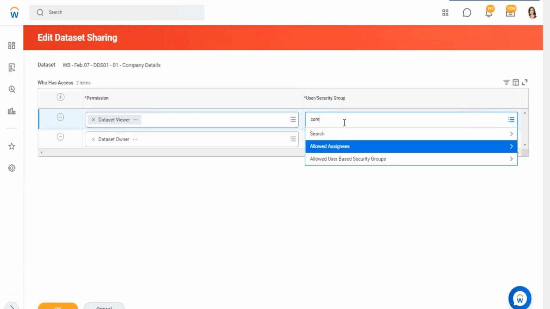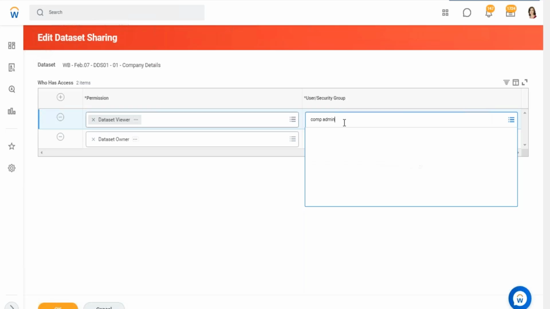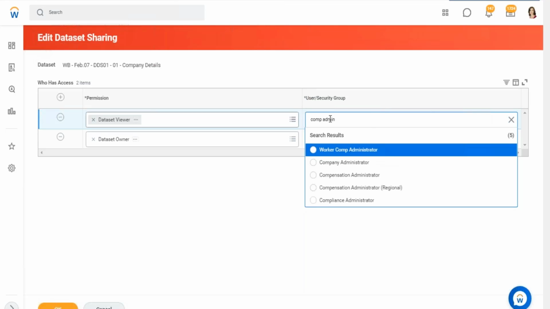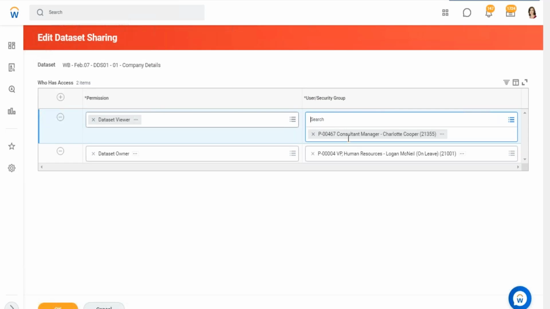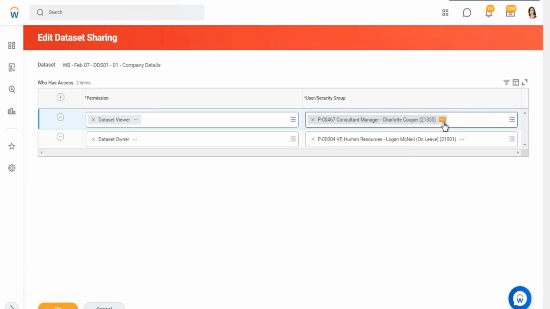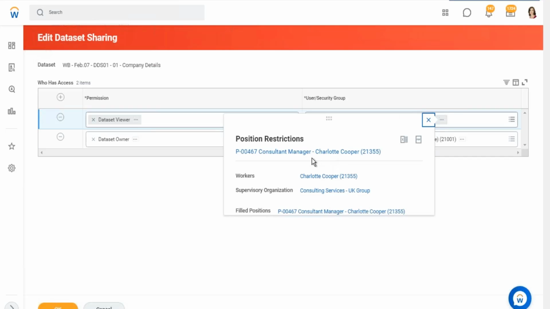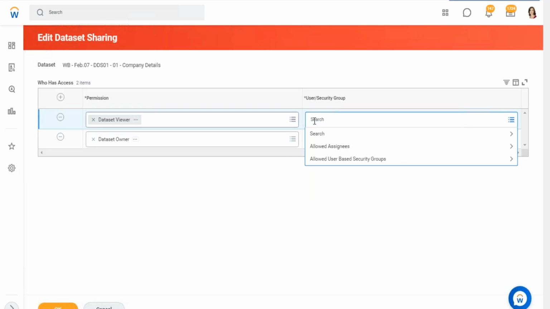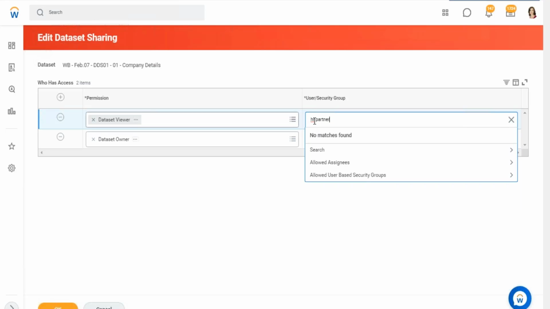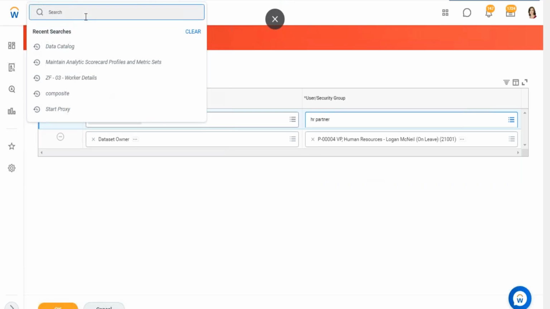Now, these permissions are again configured using maintain assignable roles. So let me search for, let's say, comp admin. Okay, let me search for manager. All right, if you see, the moment I search for manager, the system automatically assigns this role to this user. I'm not able to search for a manager role. Let me see if I can search for HR partner. Again, I'm not able to share this with HR partner. This is because in maintain assignable roles, we define